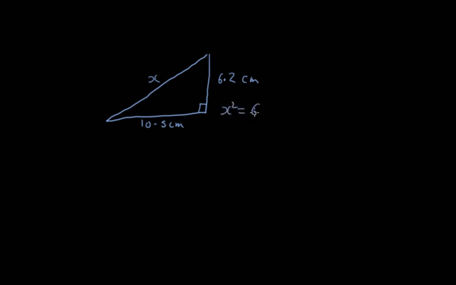Now, what we often will use Pythagoras' theorem for is to find the length of a side of a triangle that we don't know. So we've got a right-angled triangle here, and this is 10.5 centimetres, this is 6.2 centimetres, and this length is x. So we know that x squared equals 6.2 squared plus 10.5 squared. If we put this into our calculator, work it all out, we get